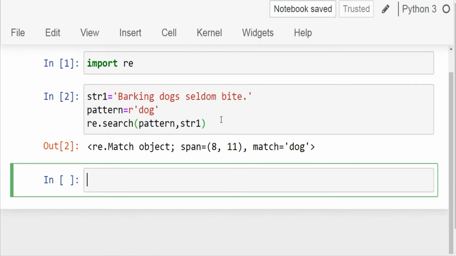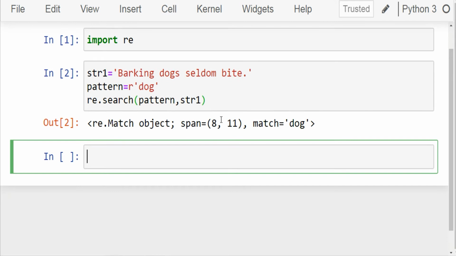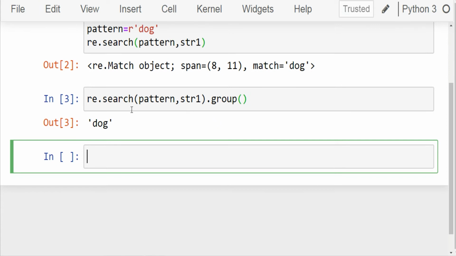If you want to return only the matched object dog, then you can use the group method without any parameter. Let's write re.search(pattern, str1) and now use the group method. So write .group. Now run the cell. See that this time you have got only the matched object dog.